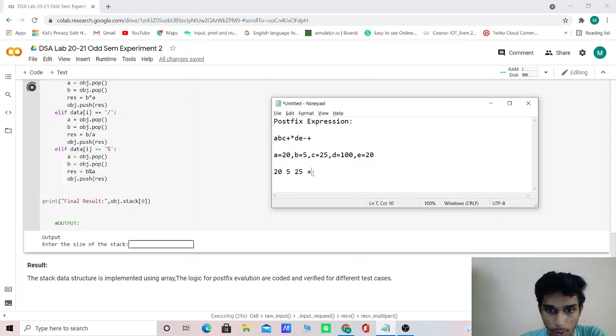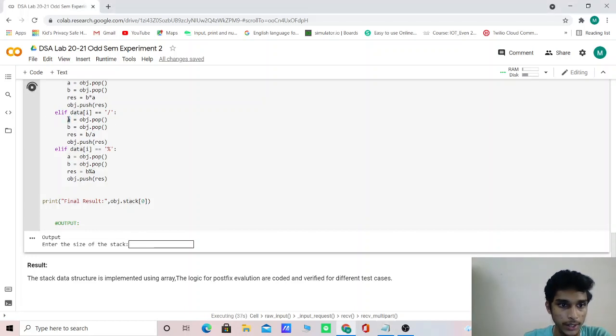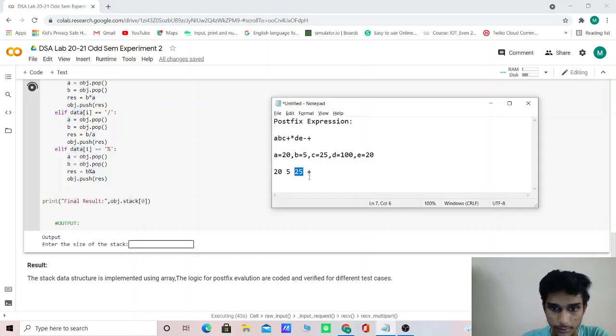When plus comes, the last value is taken as A, as I just said, and this will be B. So it adds them and becomes 30 over here.